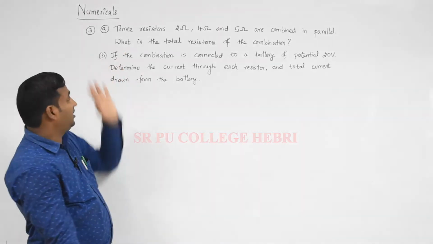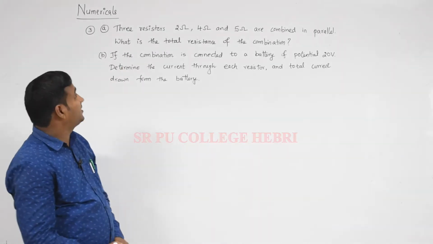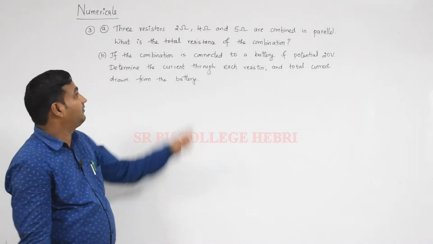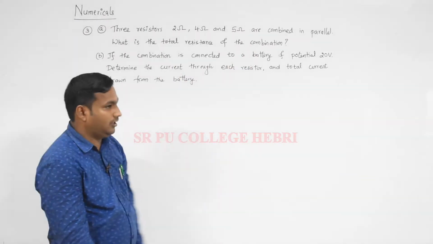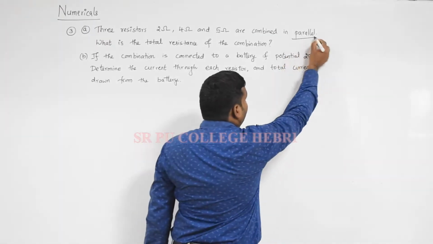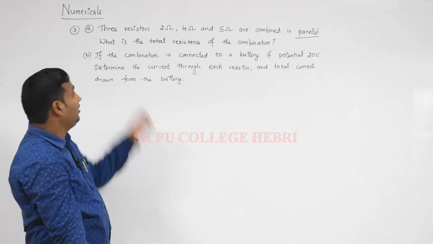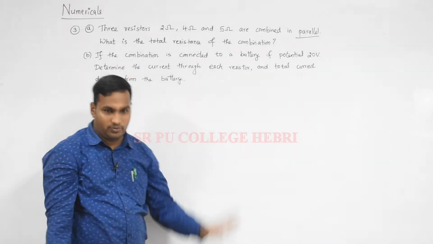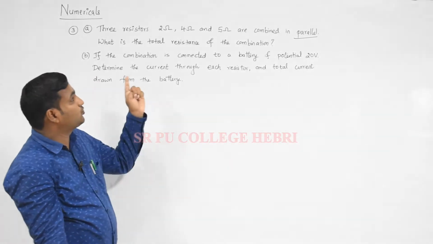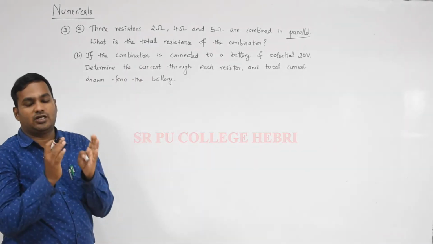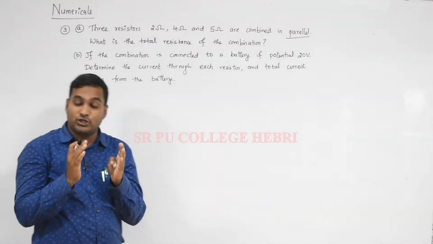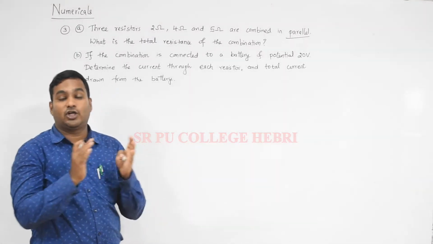Now question number 3. There are two parts. The first part: three resistors, 2 ohm, 4 ohm and 5 ohm, are combined in parallel. What is the total resistance of the combination? Here 3 resistors 2, 4 and 5 ohm are connected in parallel. We have to calculate the total resistance of the combination, also called the effective value or equivalent value of